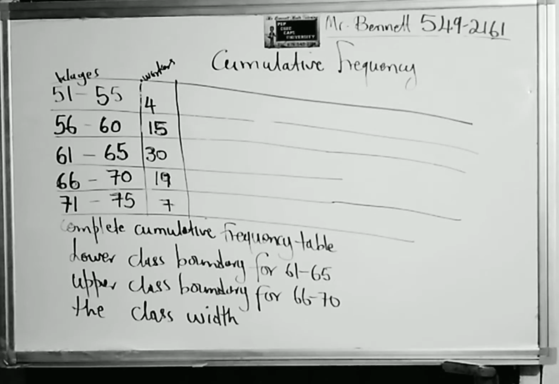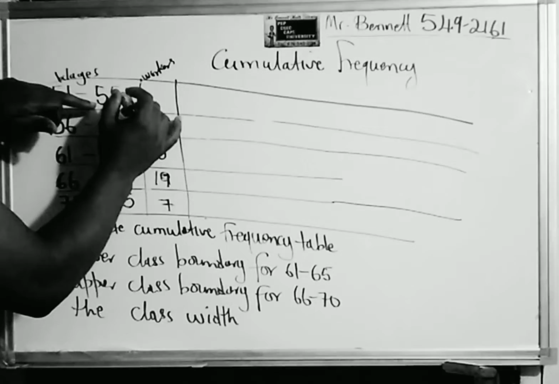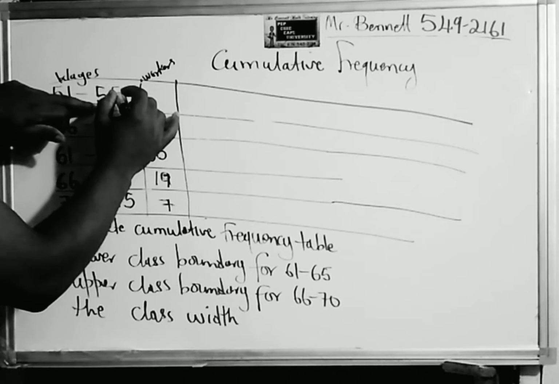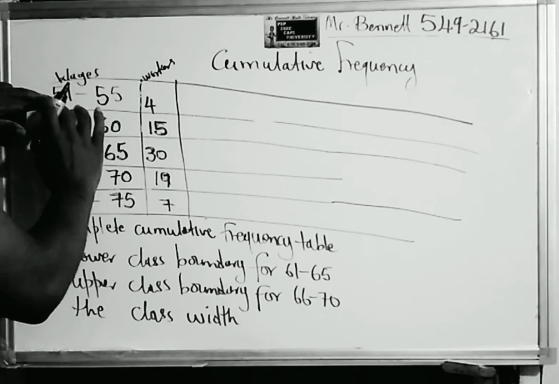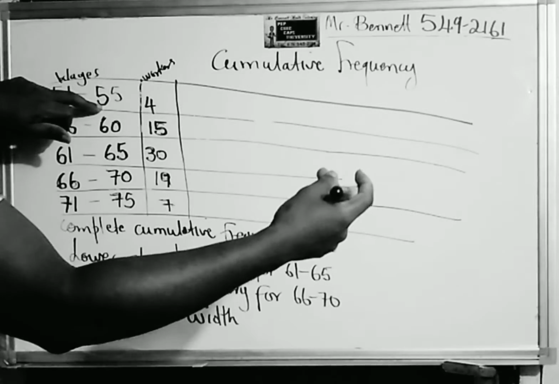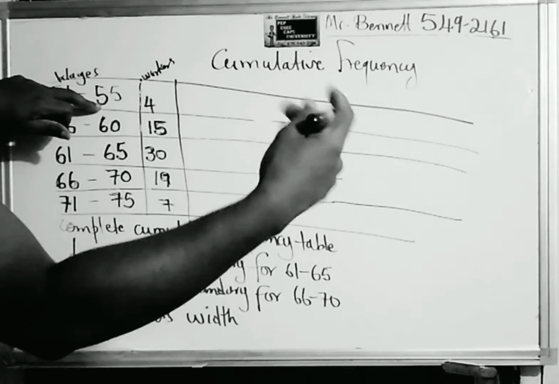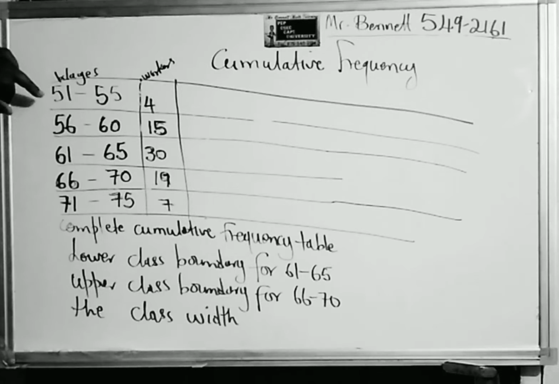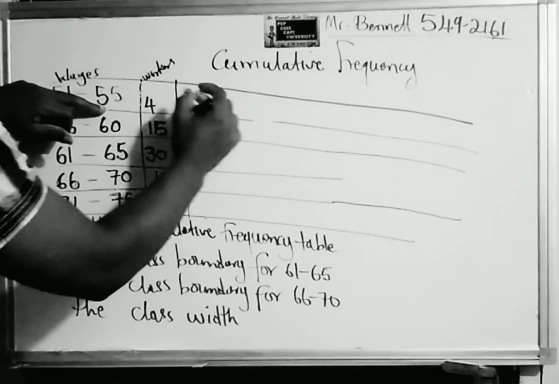Alright, so the first thing we need to do is to establish what we mean by upper and lower class boundary. First we look at the numbers. This is the upper boundary, this is the lower boundary. But in order to get it, when it's the upper boundary, we add 0.5, and when it's the lower, we subtract 0.5. So for this one, we add, so we get